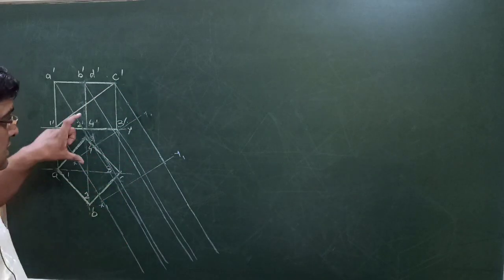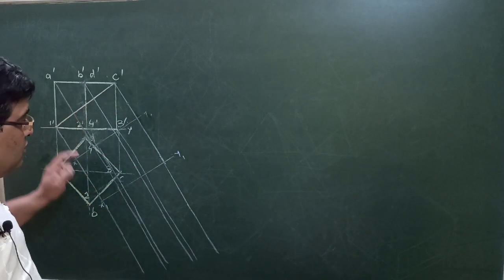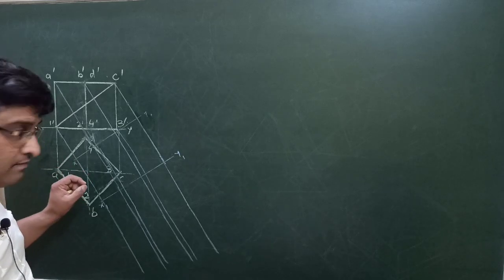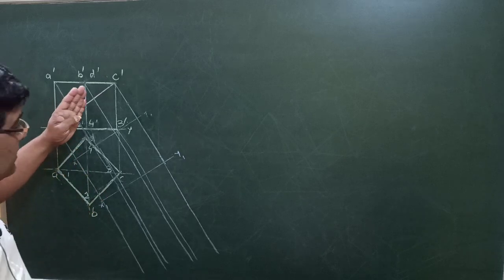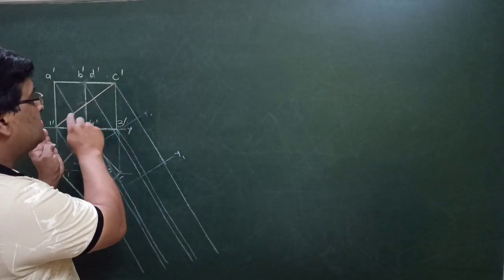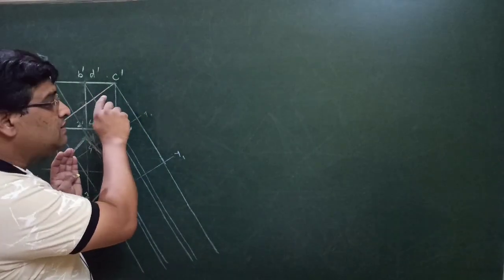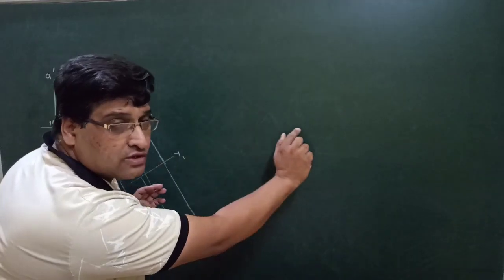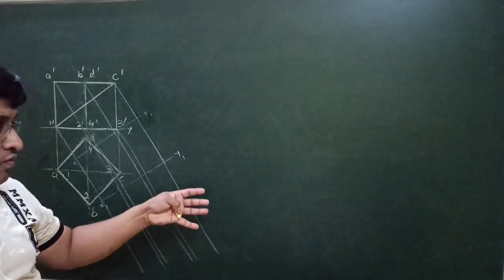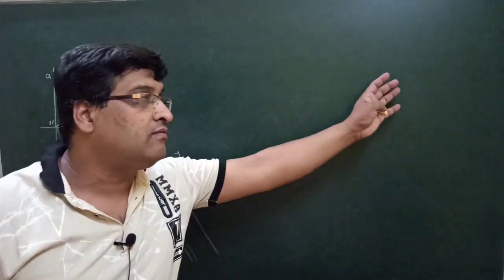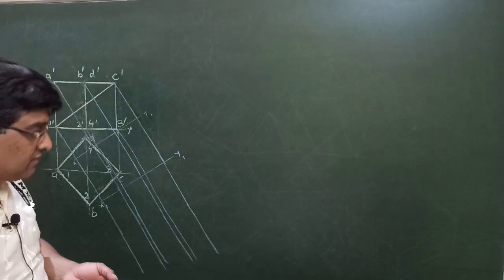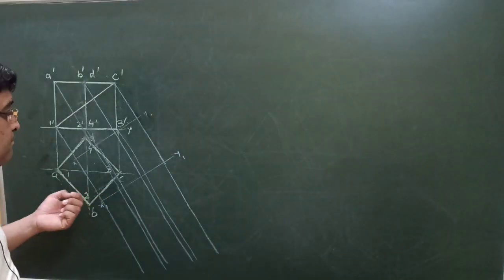If you remember, these were the front view and top view in the initial position, that is, the simple position. Then we tilted this solid so that this line 1 dash C dash, this solid diagonal here, becomes parallel to the XY line. And then we drew the top view. In the last stage we tilted the top view and drew the final front view. So the differences can be observed here.